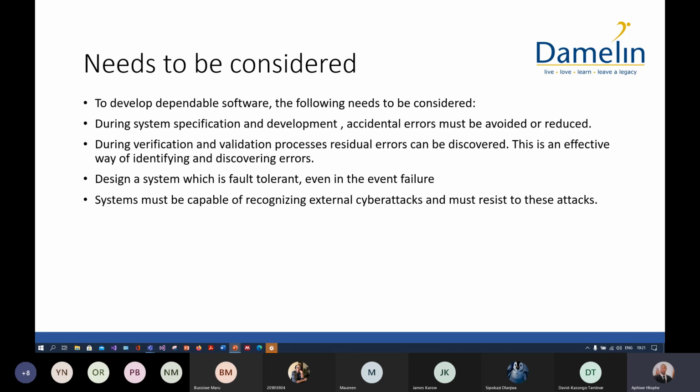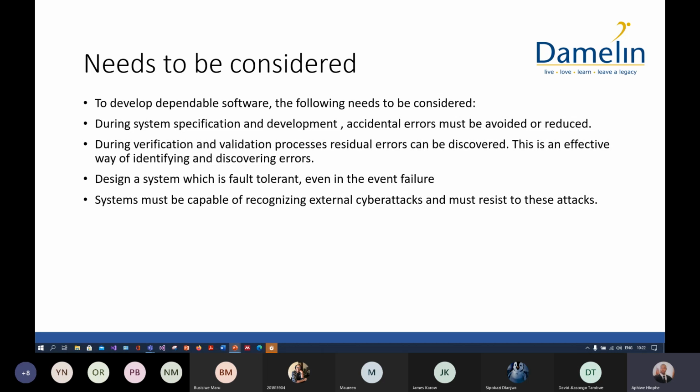I wouldn't say it's a smart idea to develop a dependable system using a waterfall approach, because one can imagine that this is something that needs a lot of iterations. It's an iterative process. So for you to avoid or reduce the amount of accidental errors, it means you have to go in circles and sometimes repeat certain processes that you've already initiated. So the spiral model and the V&V model would be a good approach if you need to develop a system